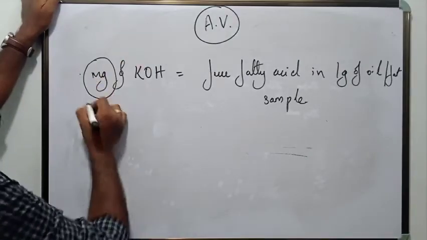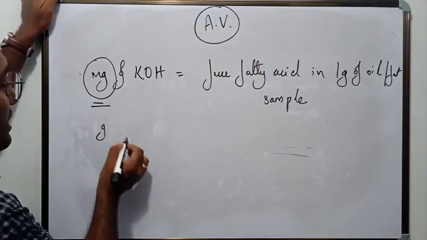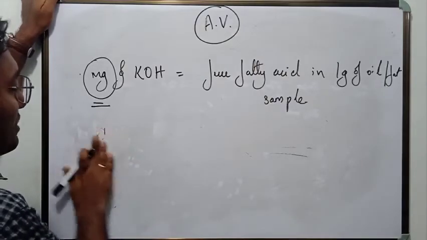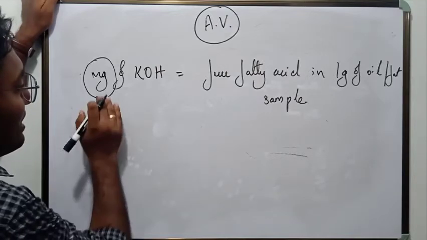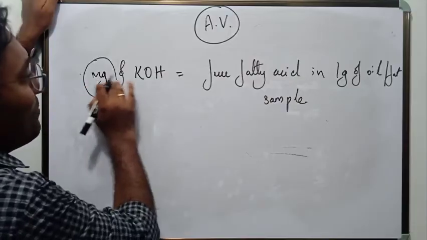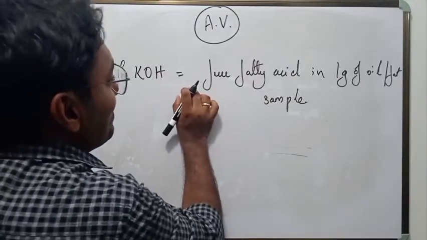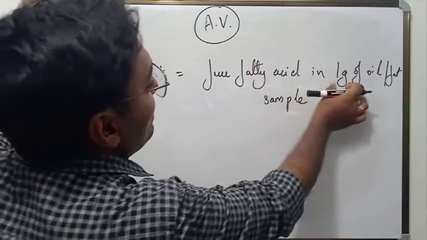Milligram of KOH. That is the most important thing. So if the result is in gram, you have to convert it into milligram. Correct? So milligram of KOH, which is required to neutralize free fatty acids in 1 gram of oil or fat